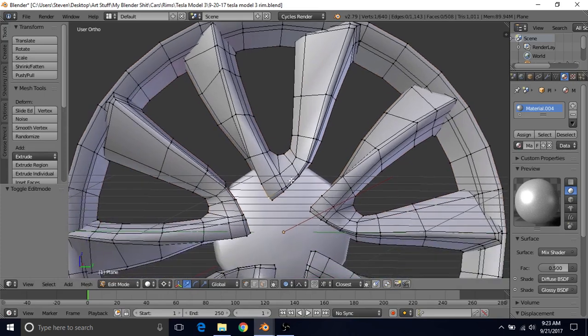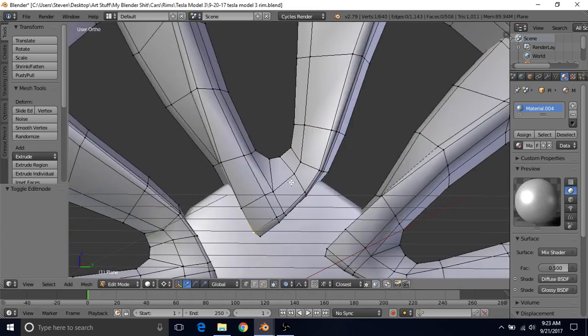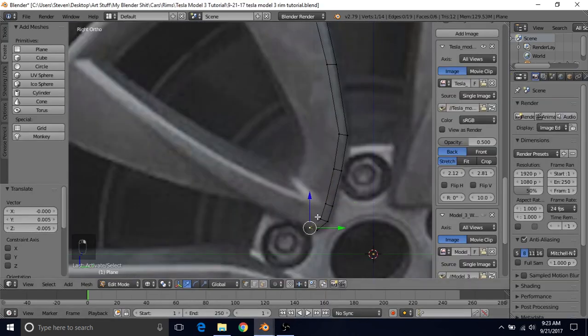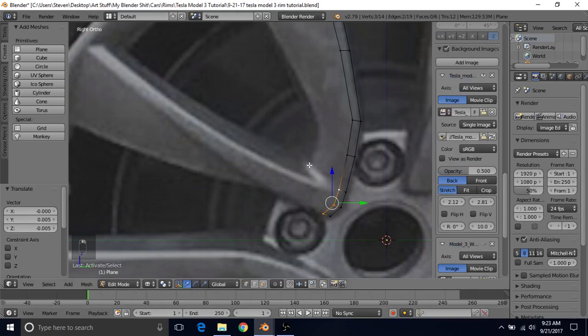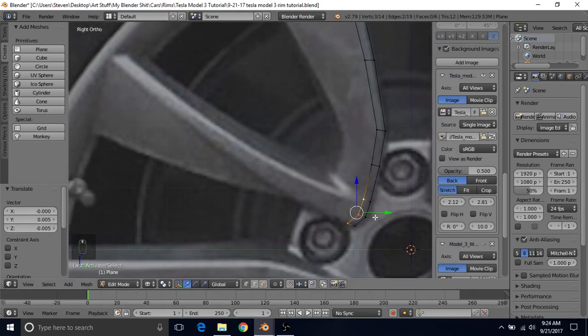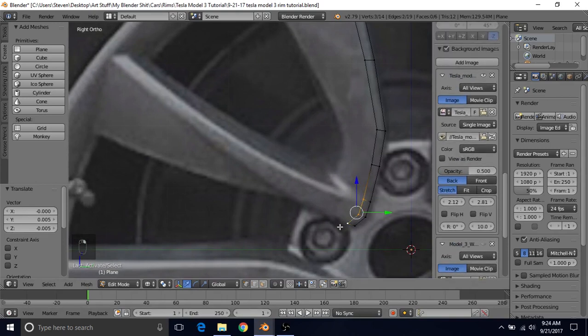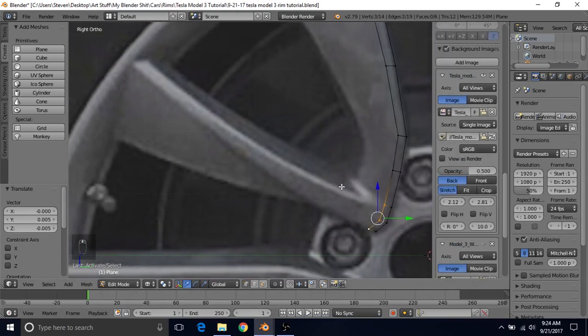However, that's okay, I guess. This will be a little different than the other one, because the reference I'm using is a little different, but that's fine. So we're going to select these three, just select one, hold shift, select the others, and E to